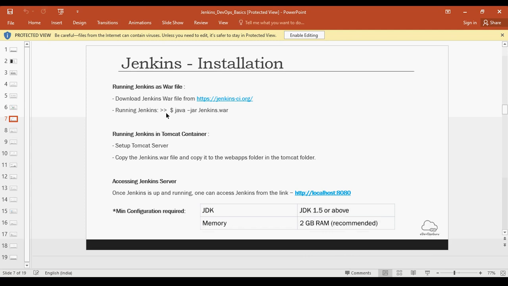You can deploy it using Docker, which we will cover maybe next week. It can also be deployed as a standalone, where you just use java -jar to run it, since it has an embedded web container, or you can deploy it inside a web container like Tomcat. On Linux or even Windows, you can run it as a service. For simplicity, we will be running this in a command line.